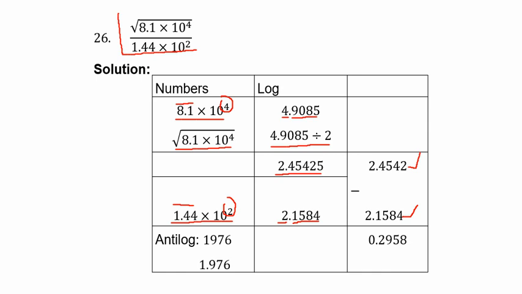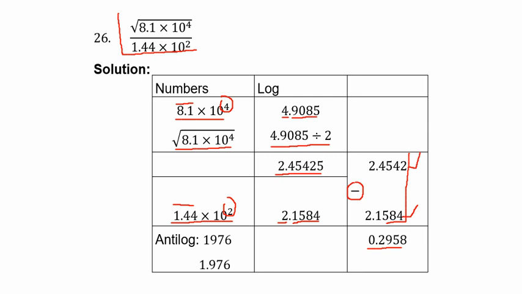These two numbers are divided, and you know division implies subtraction of log values. So we subtract. So if you subtract these two numbers, you have 0.2958. Our final step is to find the antilog of